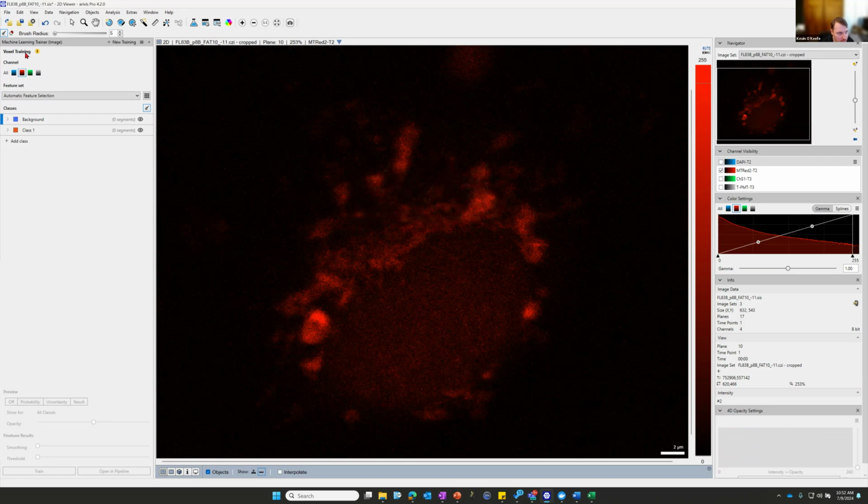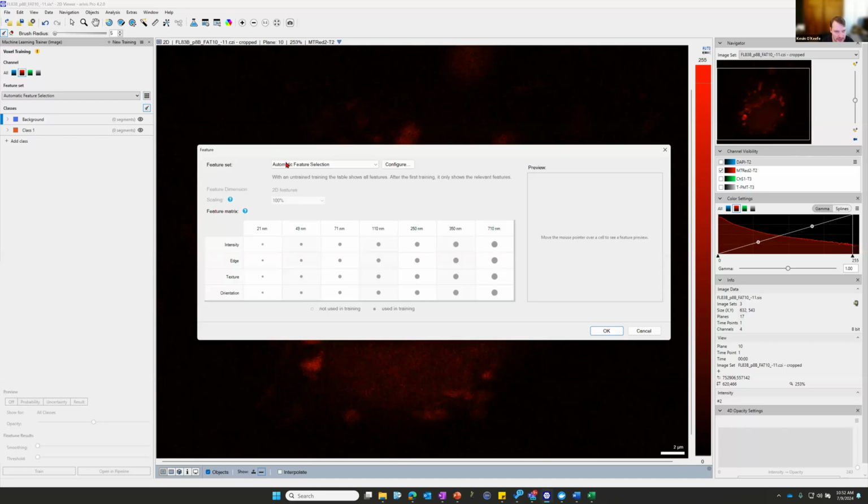You have this little warning sign saying, hey, this model is not trained. You need to do some training on it. And then you have the options to pick what channel. So in this case, if I want to just do a segmentation of this red channel, I'm just going to pick the red channel. And then we can pick our feature selection. So we can hit one of the pre-canned and pre-made ones,